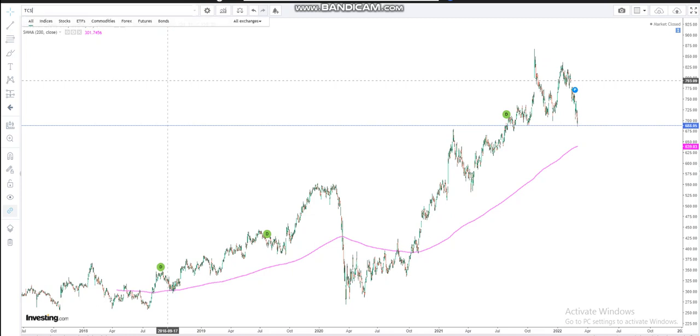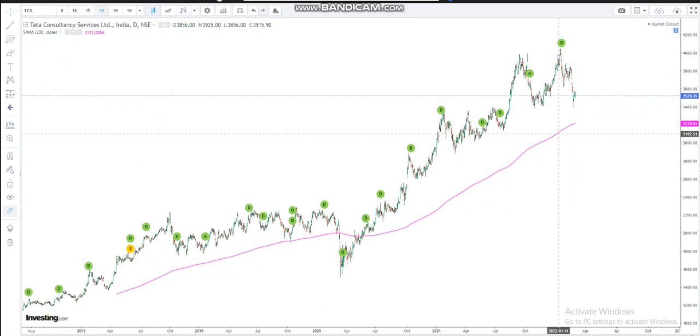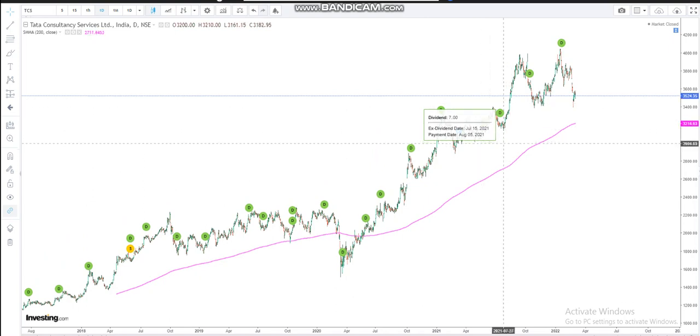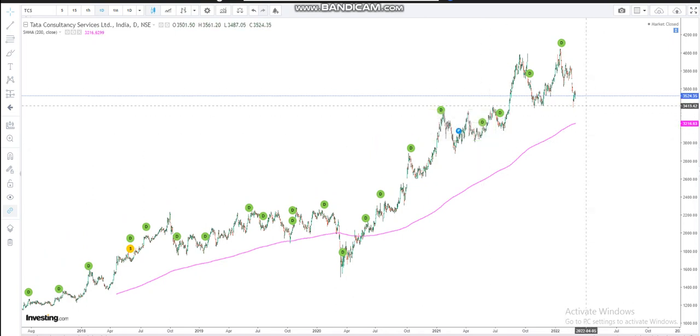And the last two stocks which I want to discuss: first is TCS, right? Here in TCS you can see TCS has had a good run. Here again you can see this is the distribution phase in the Nifty between July and September, and it's still above it. It's above the 200 SMA. Very good stock, right? Now it doesn't matter whether you are buying at 3500 or 3300 or 3000 levels, you never know, but at least these are very good investment opportunities which you are getting right now.